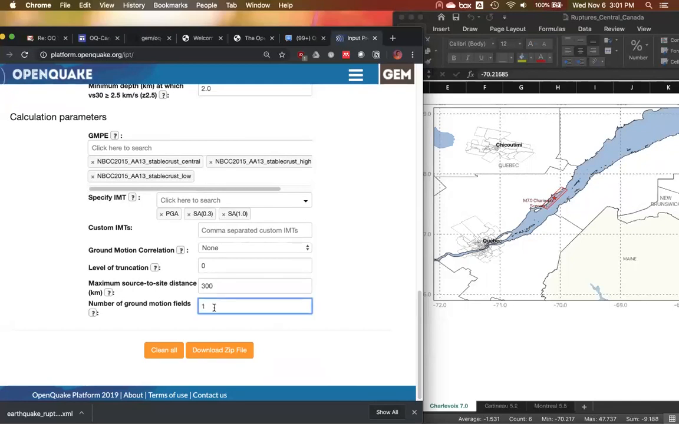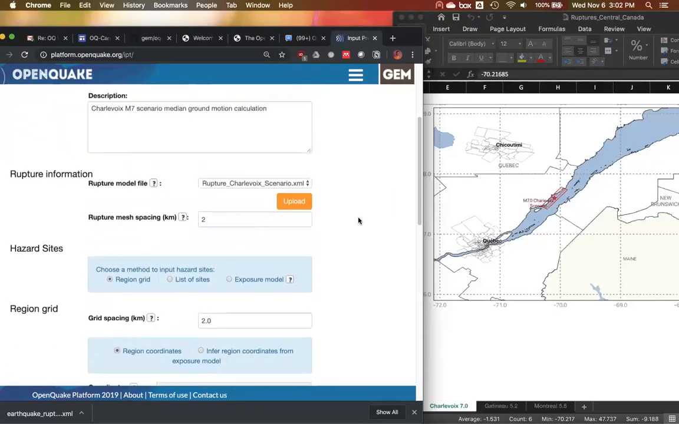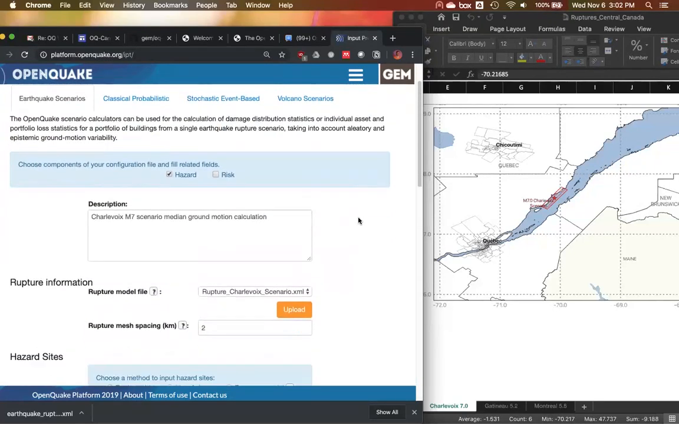And then since we're only producing the median ground motion fields, for the last box I'm keeping it as one ground motion field. This is essentially telling OpenQuake how many ground motion fields you would like to simulate if it's a Monte Carlo type of analysis. Right now, we're just producing the median ground motion fields, so we keep this at 1. And that's it. We filled in all the required parameters to run a scenario, and we should be able to